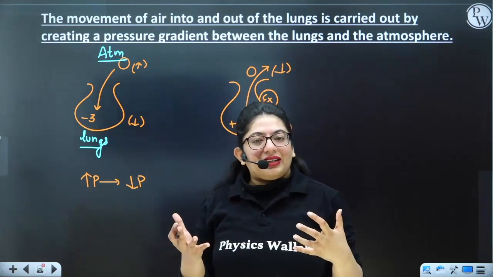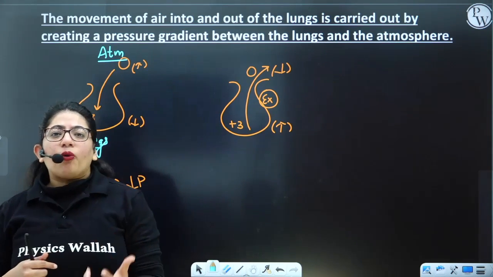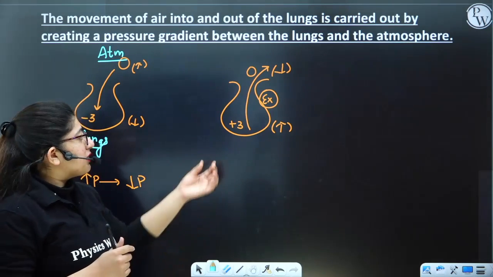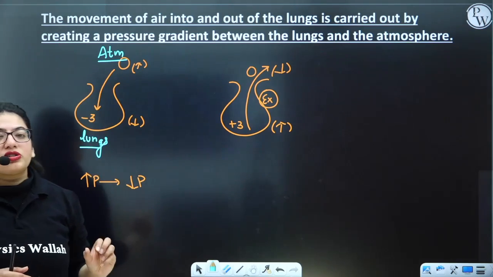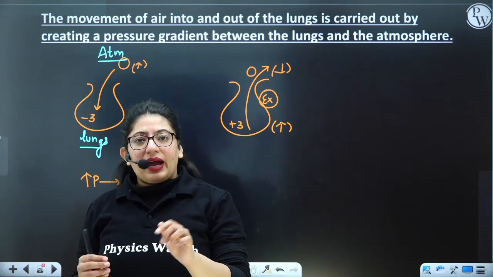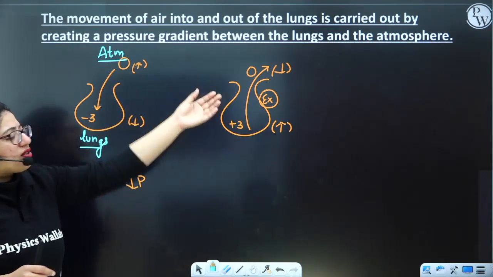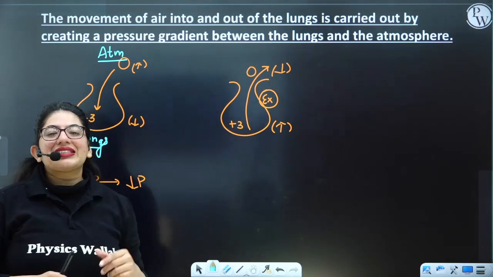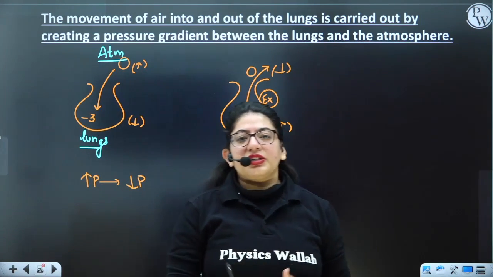Now what is a thing? Or I can say, how does the body maintain this pressure gradient? I told you that your body is changing its partial pressure, right? If I say this is the partial pressure of oxygen, what is the partial pressure? The pressure of an individual gas in a mixture of gases, which you also study in chemistry. Everything is constant, but the only thing that changes is the partial pressure of the gases inside your lung. So that means your body is changing this partial pressure.